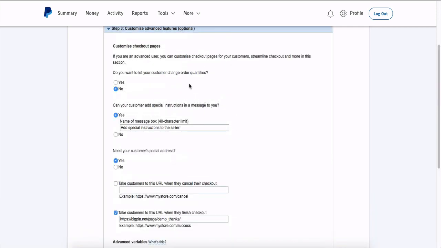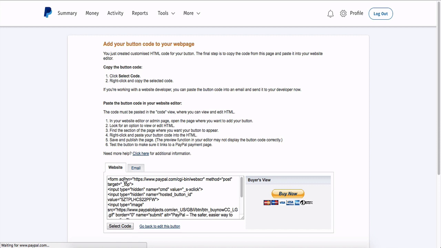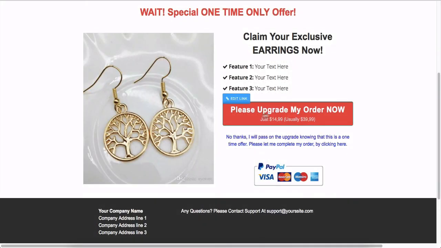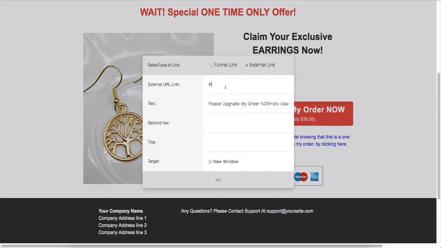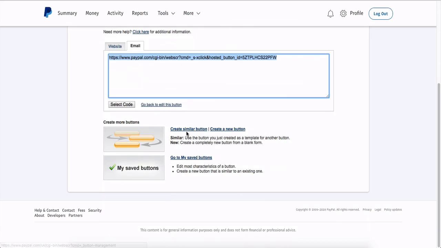We make sure it's got the same thank you. Yep. Then we just click create button, and again it creates it. Super simple. We click on email on that tab, we click copy, we go across, we go to a button, we click edit link, delete the hash, we paste that in, we click OK. Then we're just going to go and quickly do the last button, create similar button,